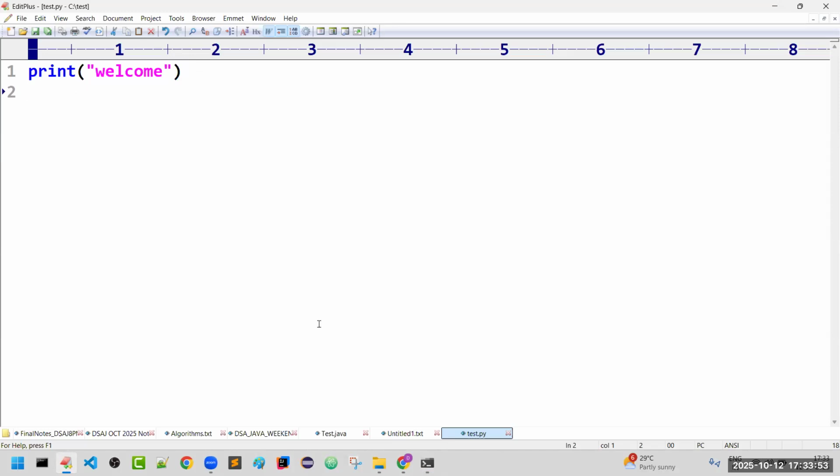Create a new file and type your Python program. After typing the program, save it with a file name ending in .py. Any name you can use, but the extension must always be py. After saving, open the command prompt, move to the location where you saved it, and directly execute. I hope you are very clear with the content.